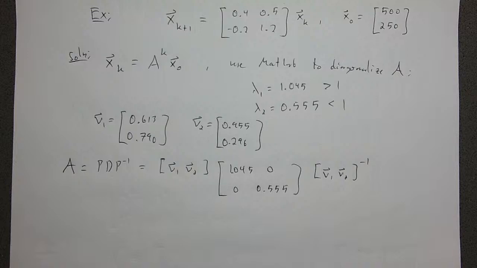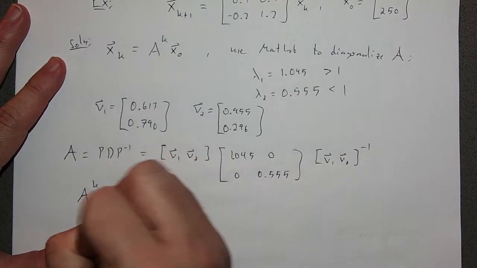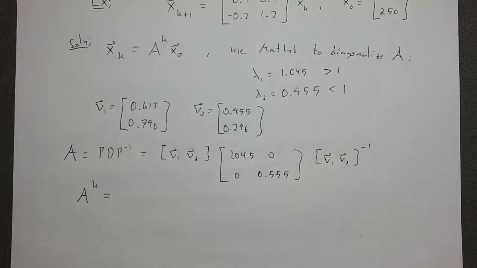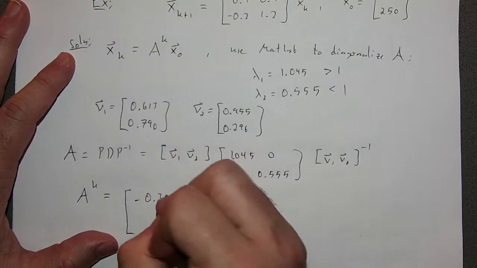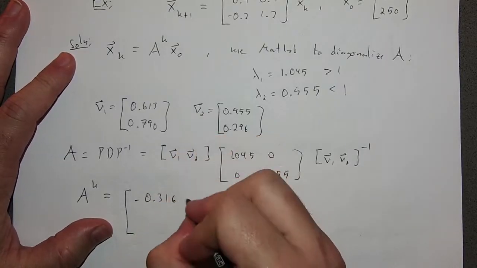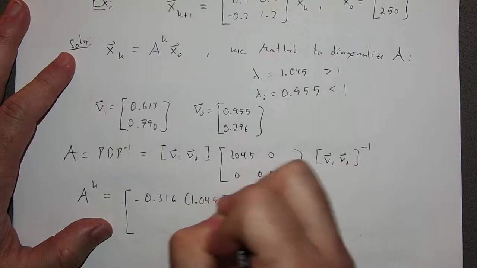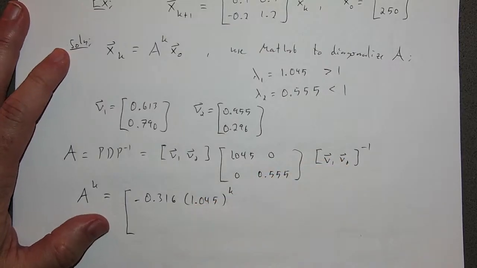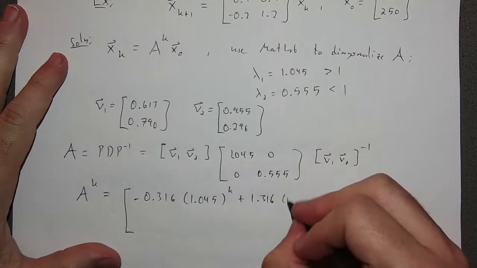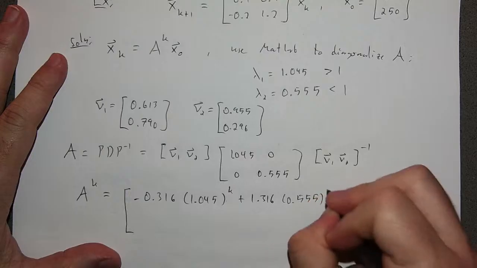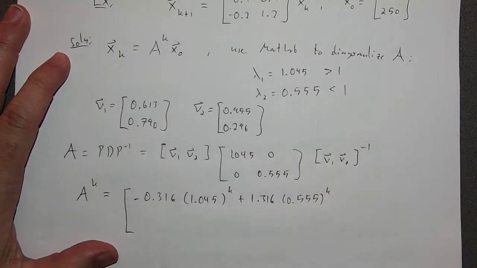Okay, if you compute A to the k using the same thing that we did in our last example, what I get at the end of that process looks nasty, but it's not so bad, and it's certainly better than doing it the other way. So this would be minus 0.316 times 1.045 to the k plus 1.316 times 0.555 to the k. Next entry, reading column-wise, this would be minus